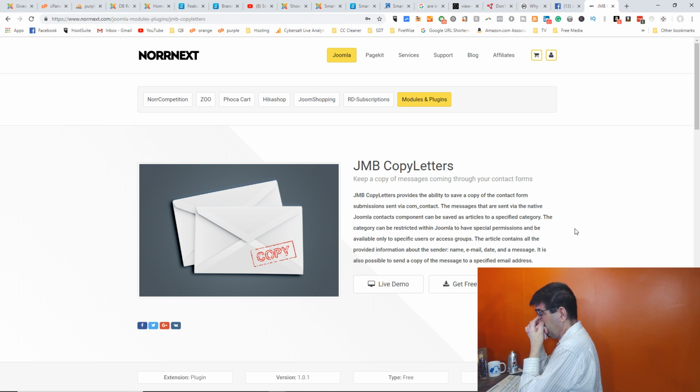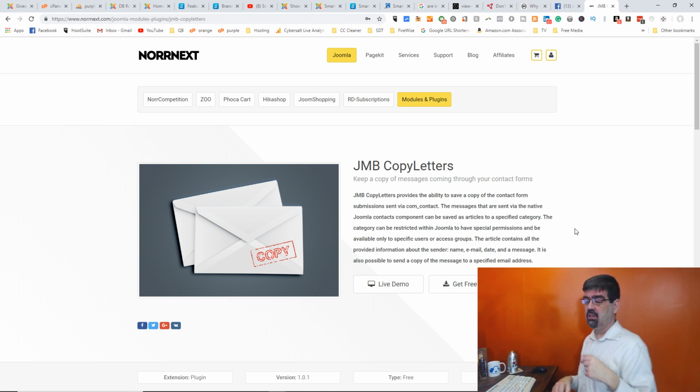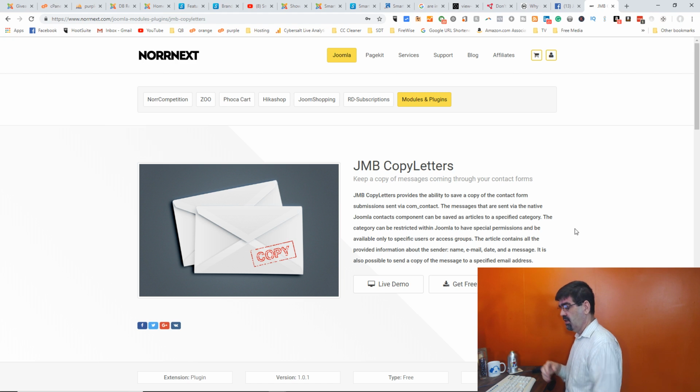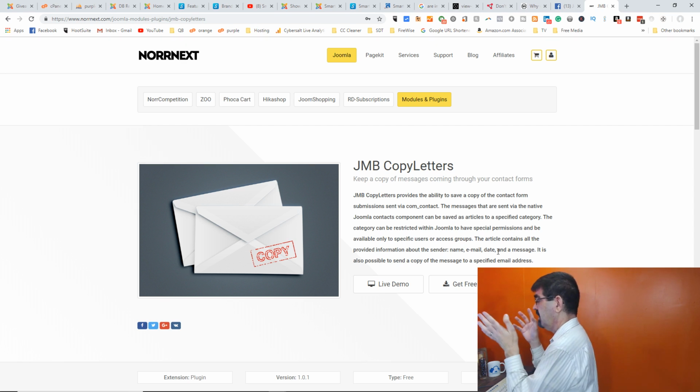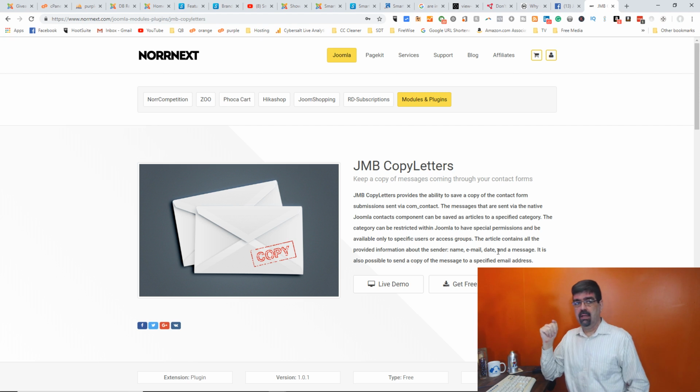And what it says is they're using specific users and access groups. Then you have a record of what was submitted through that form. It says the article contains all the provided information about sender, name, email, date, and a message. It's also possible to send a copy of the message to a specified email address. So that's cool. Now, of course, through that contact form, you get the email anyways. But as a permanent record of where it is, to have it in articles,